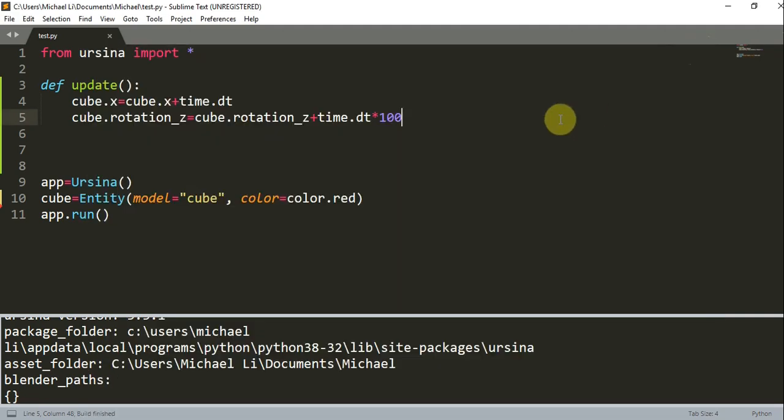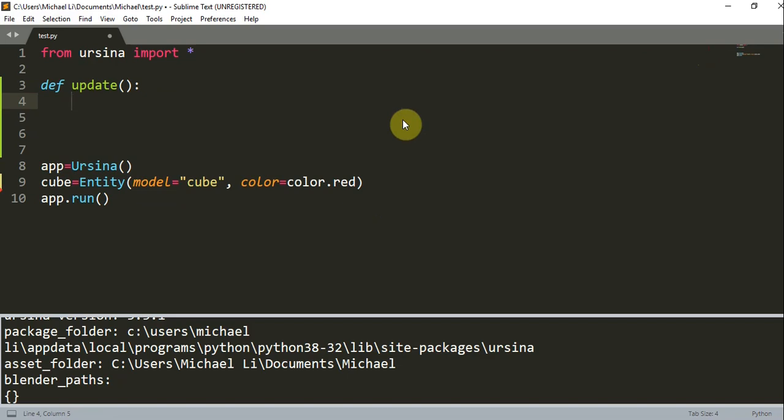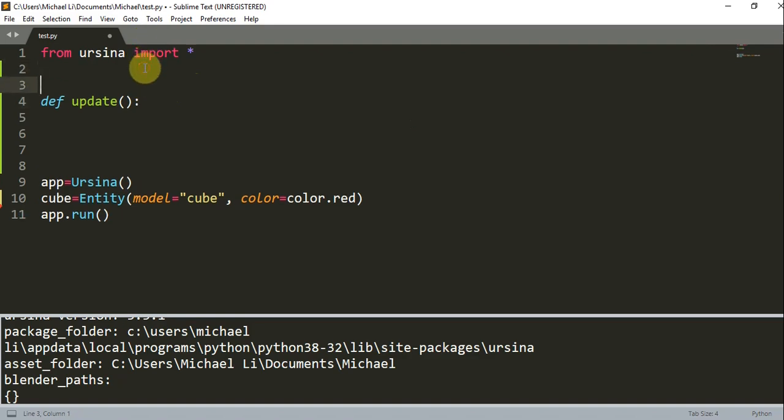So now that we've checked rotation and movement, let's change the colors. So let me remove this. So let's see how we can use the update function to change the cube's colors. So let's import another module, and this is going to be random. So from random, import randint. And how we're going to be using this random module is that we're just going to be generating a random